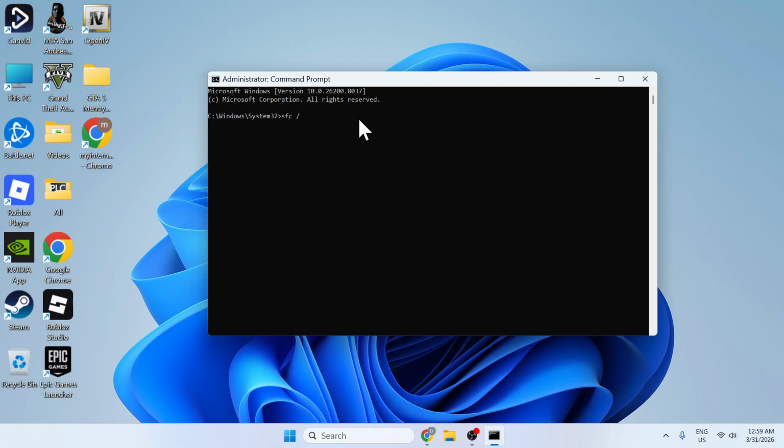sfc /scannow. And then you want to press enter and let it load. So after it loads,